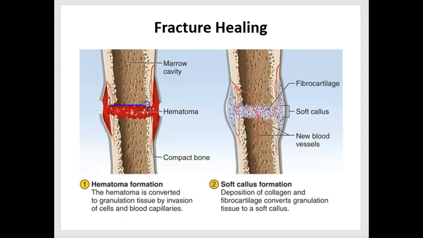So this is the broken bone with broken blood vessels, not just within the bone, but probably right under the periosteum as well. And that breakage of a blood vessel starts the formation of a clot. Okay, so we have what's formed as a hematoma, and it also results in some tissue kind of being laid down here. Granulation tissue is what we call it. Then in step 2,